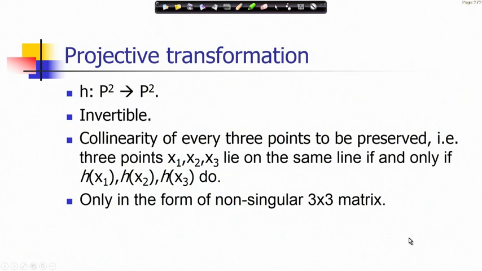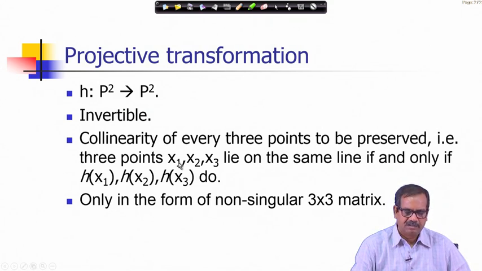In this lecture, we will talk about different properties of homography. So, let us summarize what the features of a projective transformation are. We know that a transformation is projective if, first, it is a mapping from a two-dimensional projective space to another two-dimensional projective space. Then it should be invertible, and collinearity of every 3 points should be preserved, that is, 3 points, for example,